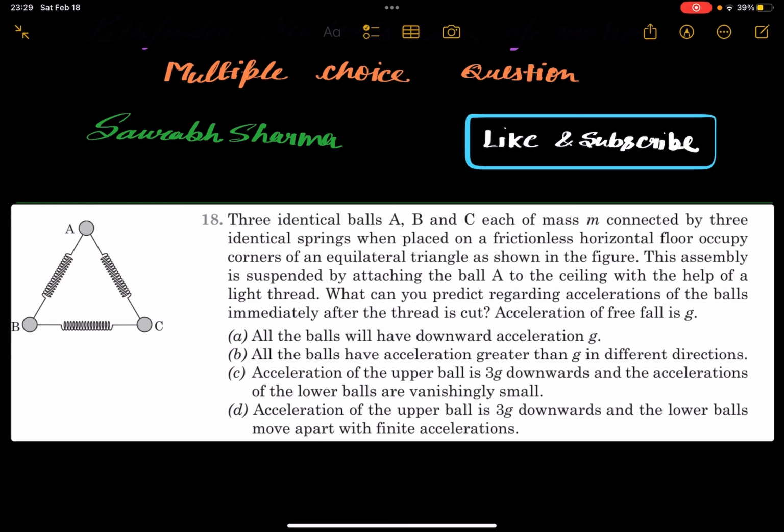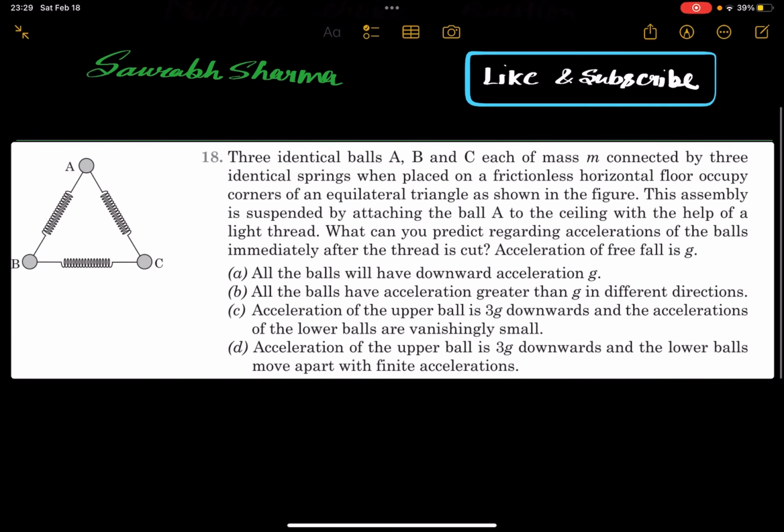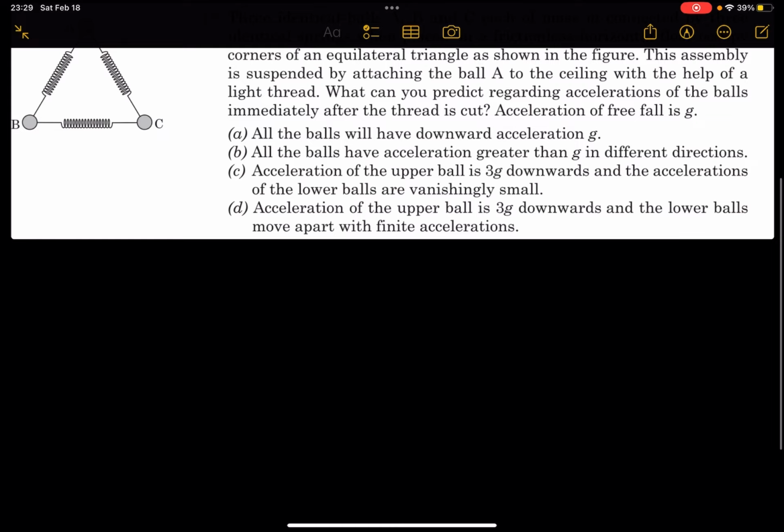Acceleration of free fall is g. So all the balls will have downward acceleration. All the balls will have acceleration greater than g in different directions. Acceleration of the upper ball is 3g downward and the acceleration of the lower balls is vanishingly small. And acceleration of the upper ball is 3g downward and the lower balls move apart with finite acceleration. So I want to tell you, firstly, just look at